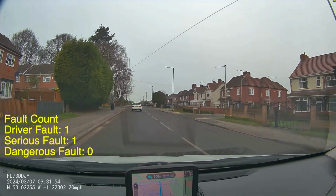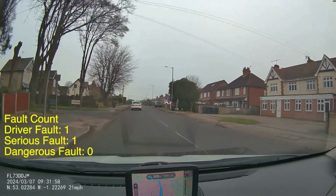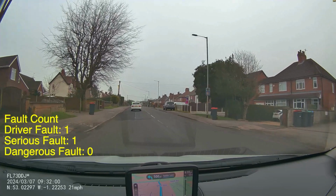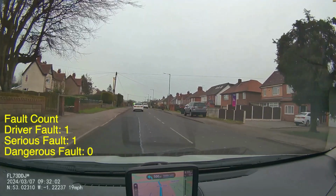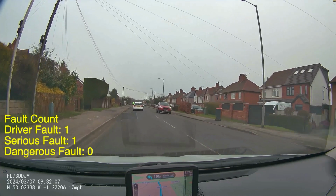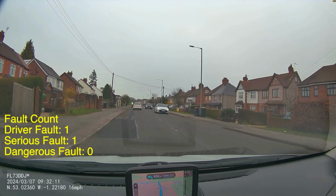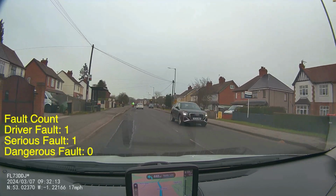Up ahead, you can see the cyclist. We may have spotted that a little bit earlier, and that of course is why everybody is slowing down up here, doing about 20 mile an hour in this 30 zone. So the trick behind vehicles that are queuing up behind a cyclist, just give them plenty of room, like my pupil has done here, and then when we get to the front of that queue and we're the one behind